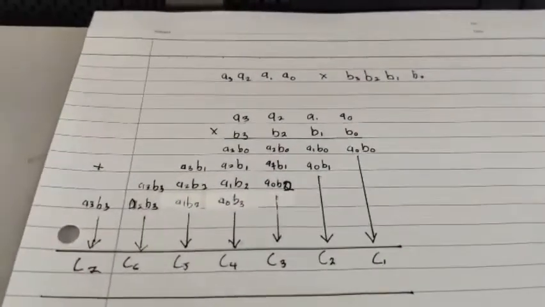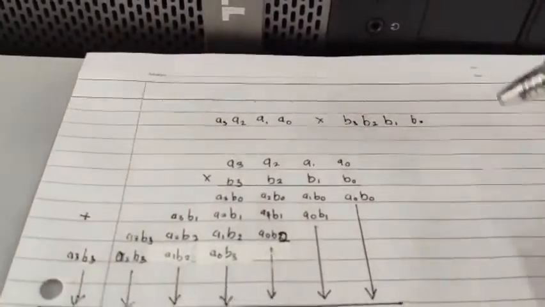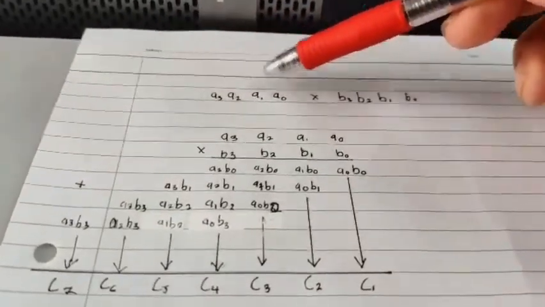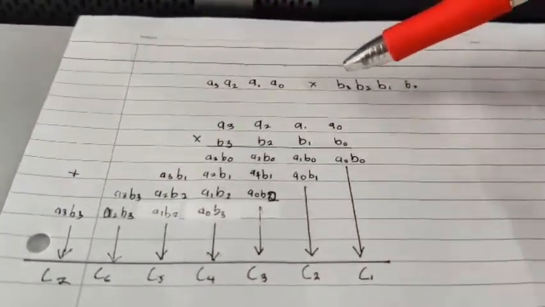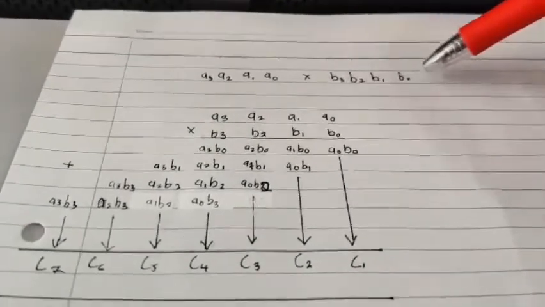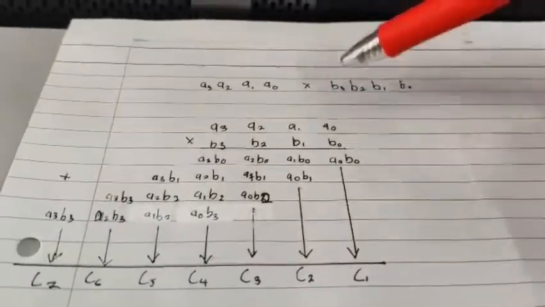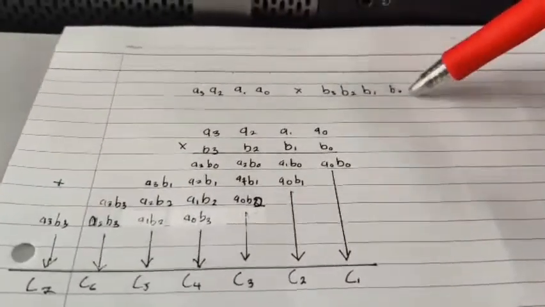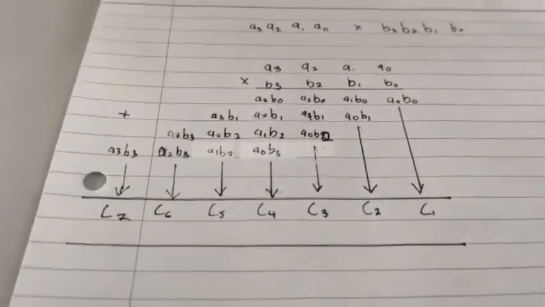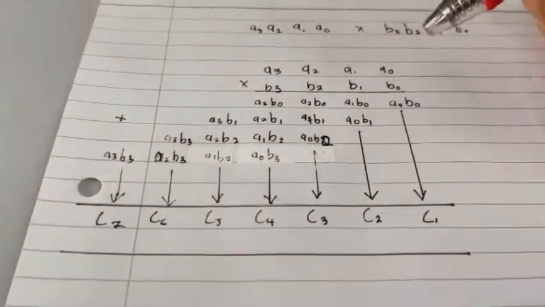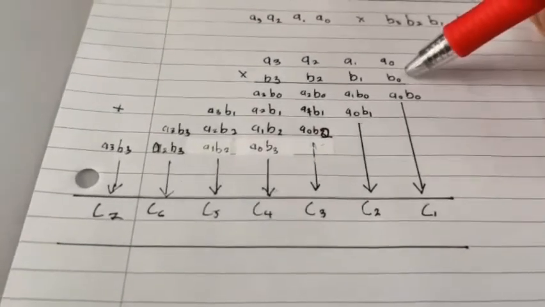When we say multiplier, it means we multiply two 4-bit numbers, which are A3 until A0, the first input, and B3 until B0, the second input. B3 is the MSB and B0 is the LSB. When we do the multiplication, we just do a normal multiplication, where B0 will multiply